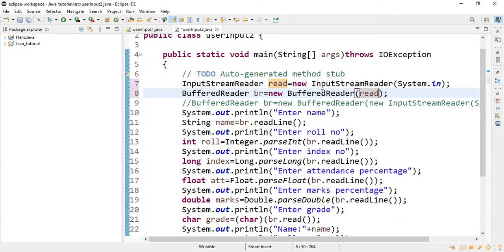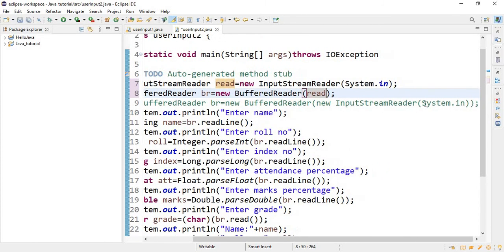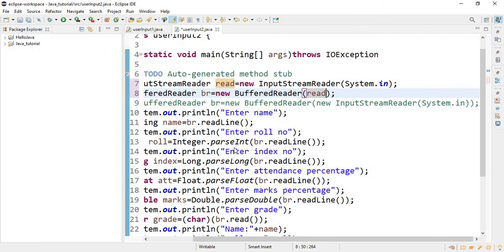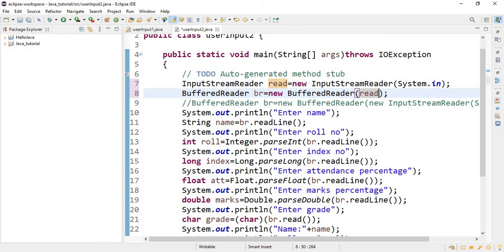We can combine these two lines together as BufferedReader br equal to new BufferedReader, and then instead of read we use the entire statement, that is new InputStreamReader(System.in). So this is the syntax.